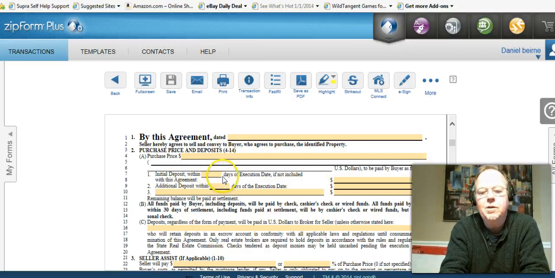Now, initial deposit within so many days of execution date. An execution date is when both parties have signed it. The contract has moved away from you'd have to have a deposit in writing, certified check with the offer, to, hey, you can have a contract and then give the money 2 or 3 days later. You can have a valid accepted contract by a seller, which requires a first deposit in 2 or 3 days. A lot of agents are uncomfortable with that, but this contract allows you to do that,